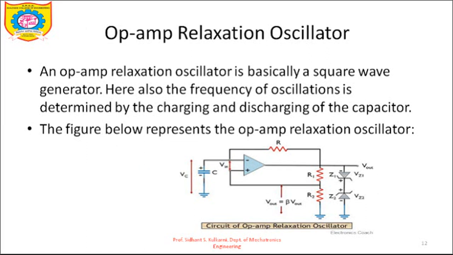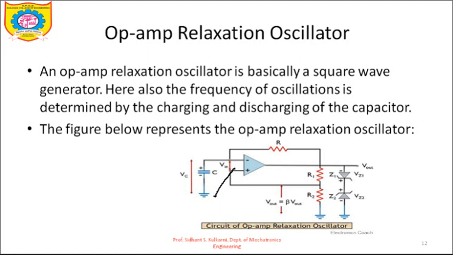In this circuit, look at this. The external capacitor is connected to the inverting input of the op-amp, with the non-inverting input terminal connected across the voltage divider bias of R1 and R2. This voltage divider bias will assure the VLT and VUT voltages that will be applied at the positive terminal. So that is the reference voltage. The reference voltage will be decided by the R1 and R2 resistors, and the resistor R along with the capacitor C will decide the charging and discharging time of the capacitor.